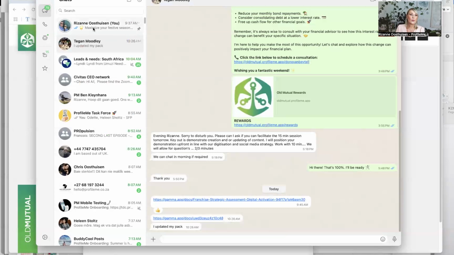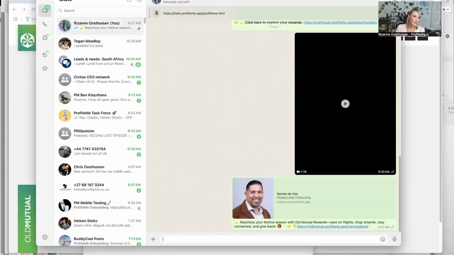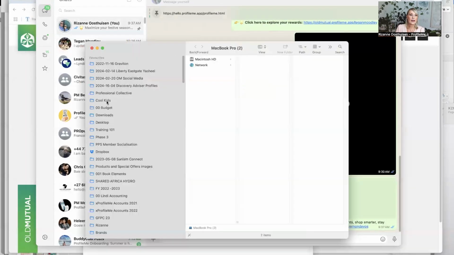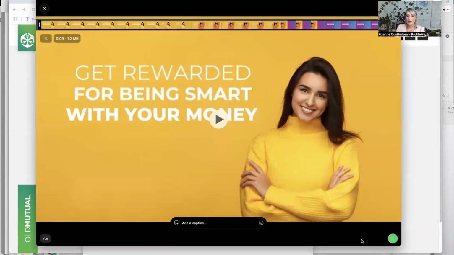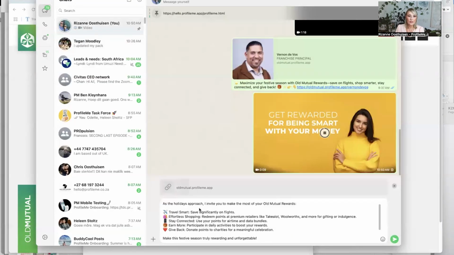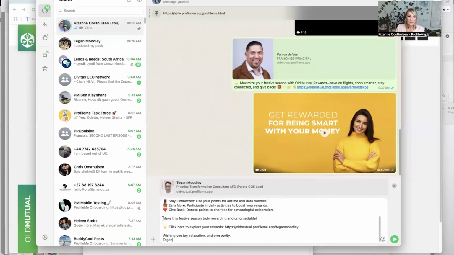I can now go to WhatsApp, and I can very easily say, drop the video on Old Mutual Rewards. And I can paste in my text, and I want to make that bottom part bold. One thing to certainly do, always add your ProfileMe link. So here it is. You'll see there. If I copy that and I take it out,